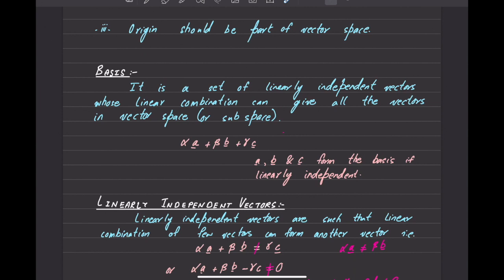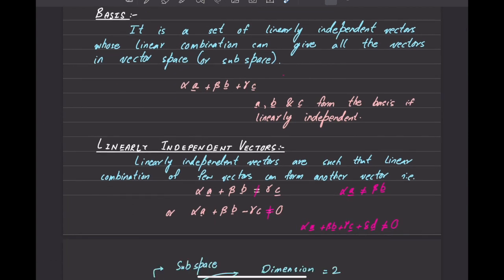The other thing you need to identify is that the bases, which are A, B, and C, are supposed to be linearly independent vectors. Linearly independent vectors mathematically are such vectors so that alpha A plus beta B plus gamma C should not be equal to 0. So if alpha A plus beta B plus gamma C is equal to 0, that means these vectors are linearly dependent, which means that from the linear combination of two vectors, you can get the third vector. So if they are not